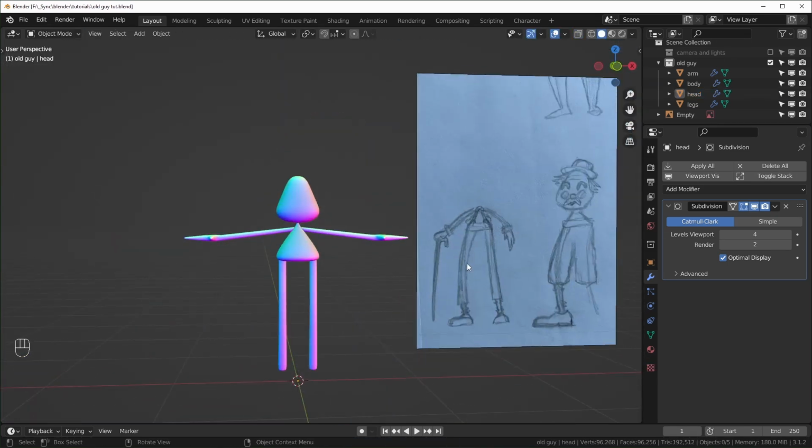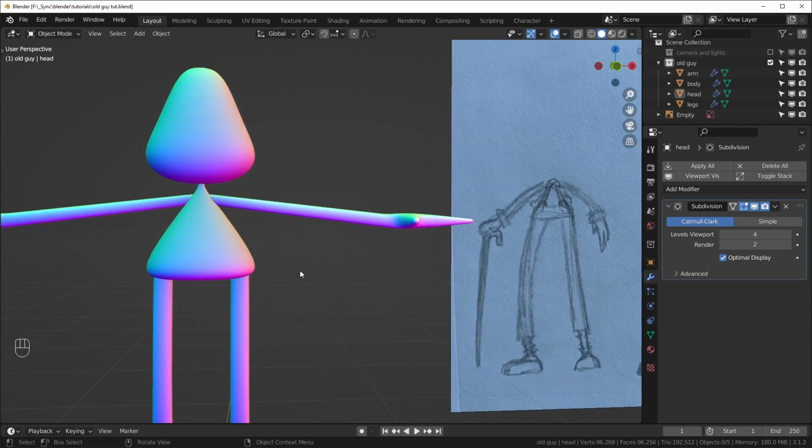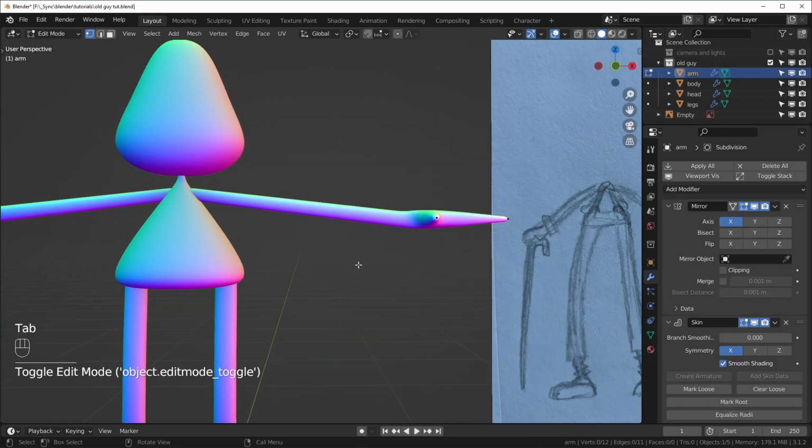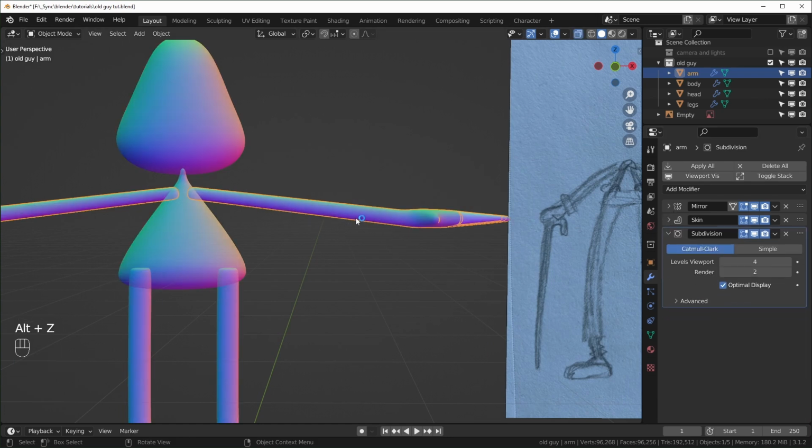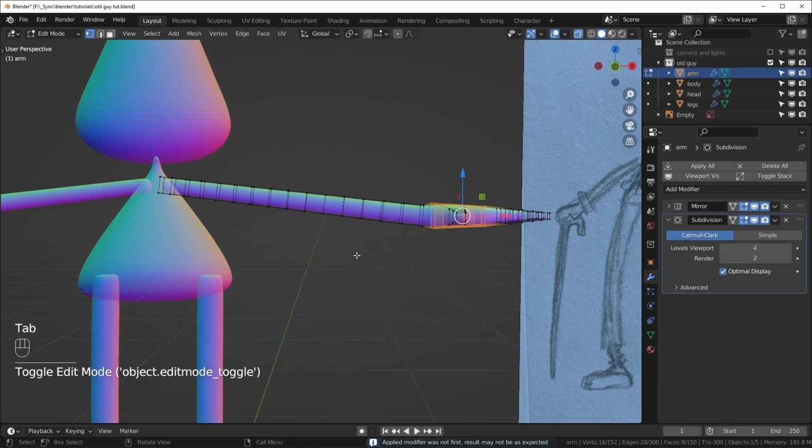Now I'll work on the sleeves and the pants. I'll start with the sleeves first. What we have to do is apply the skin modifier because otherwise we don't really have any topology to mess with in here. So I'll apply this, and then we'll go into edit mode,